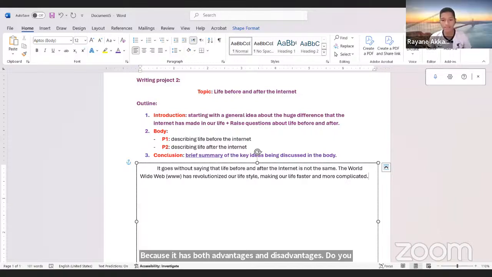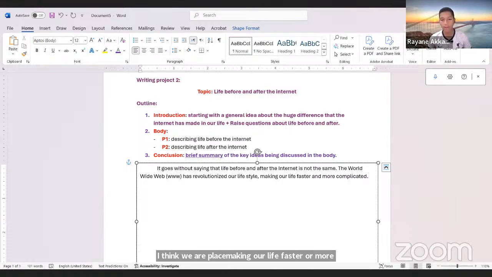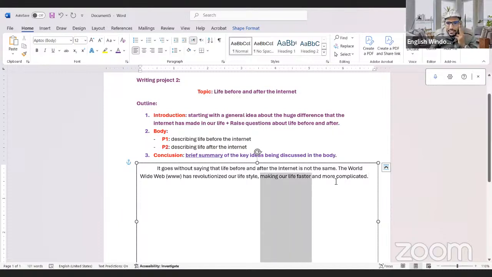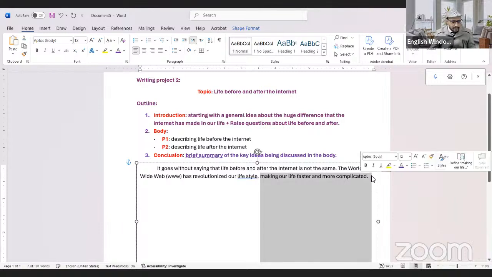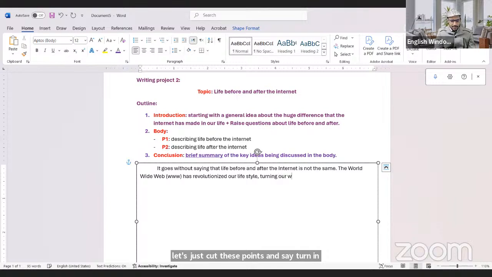I think we replace making our life faster and more complicated with making our world like a small village. Oh, nice. Very good. That's a good idea. Yes. Making our life faster and more complicated. Okay, so we are going to copy this, maybe we may need this expression later on. Let's just cut this point and say turning our world